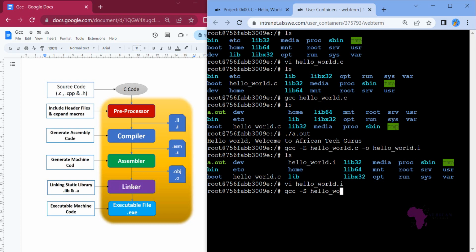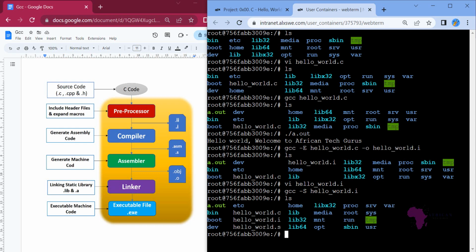Hello world.i. Yes, .i. So hello world.i. That is what we are compiling. So we don't redirect. It will create another file by itself. So with list files, you will notice that I have another file called hello world.s. Nice. So next thing is that we have this compilation stage, and then